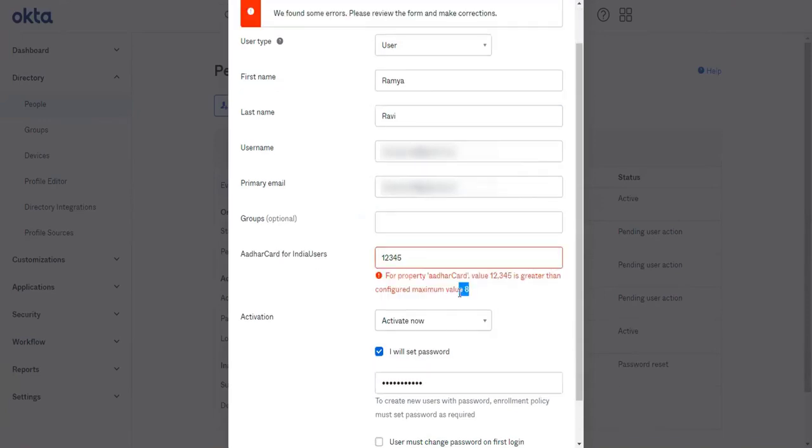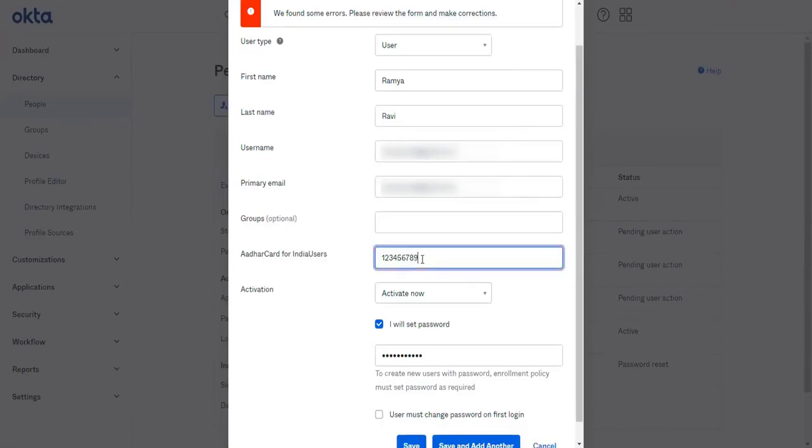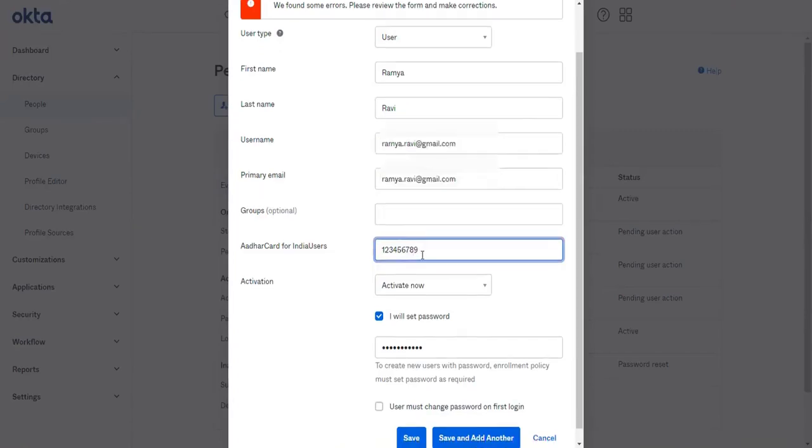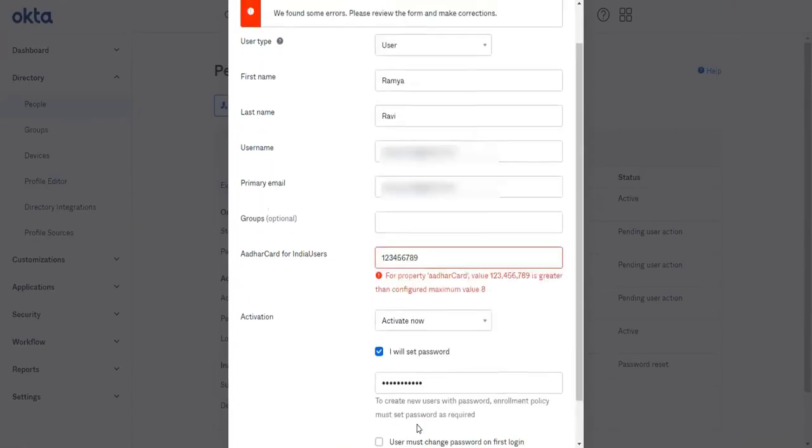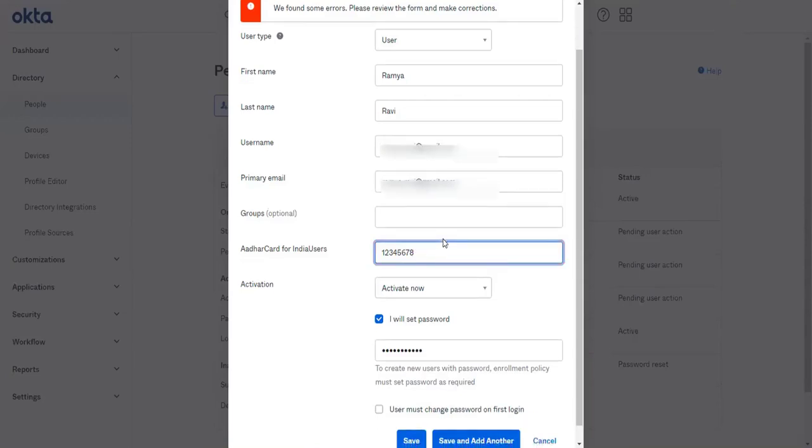It says the value should be minimum 8. Then let me type 6, 7, 8, 9. I have added one more count. It says the value should be 8. So let me delete that.